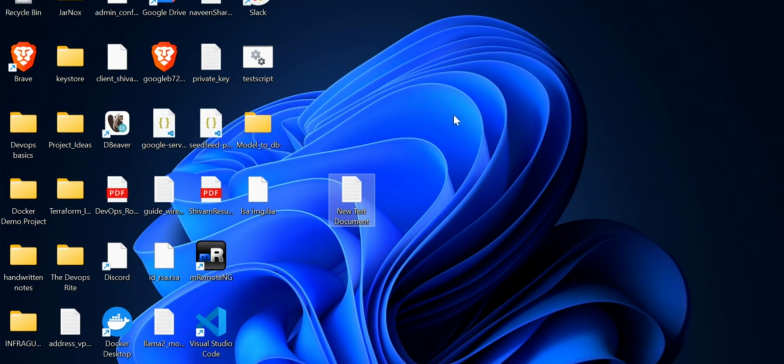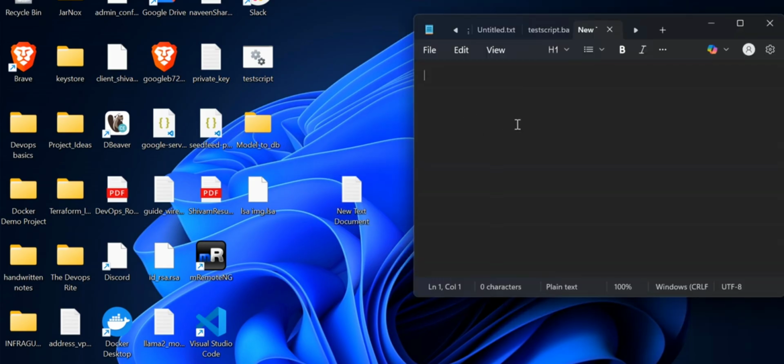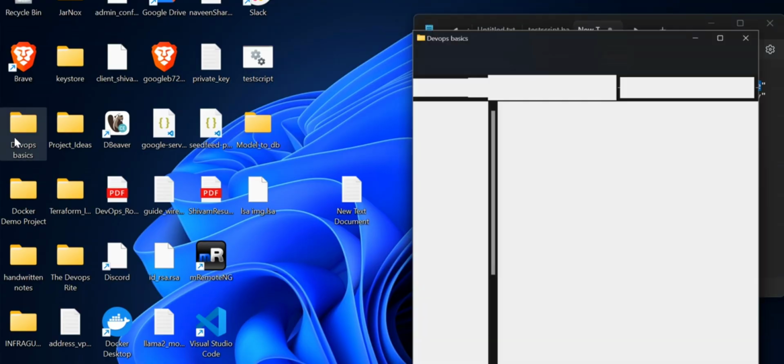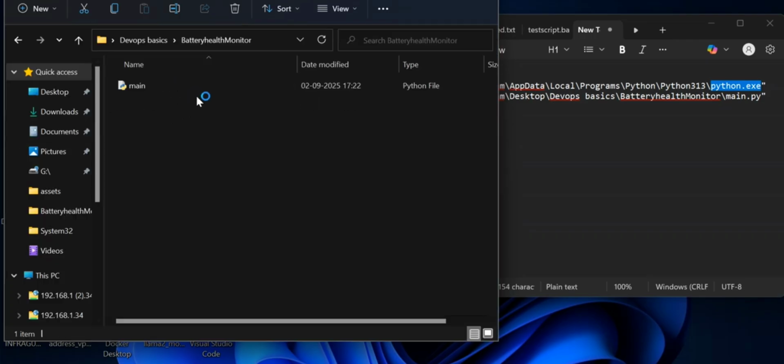You can create a text file and put the code. You will get the code in the GitHub repo also. Provide your Python path, where your Python executable is in your system. Another path is the file path, meaning where the file is present. For me, this is under DevOps basics, battery health monitor. Here is the file. To provide the full path, you can copy it from here